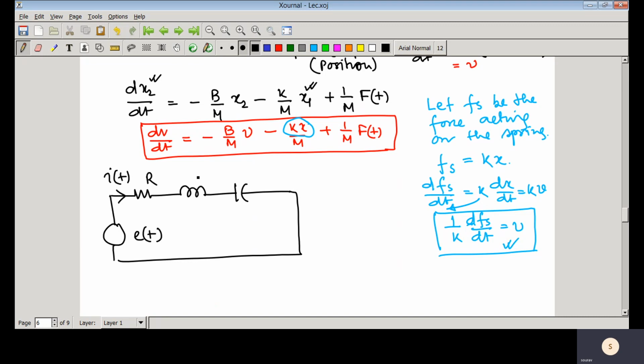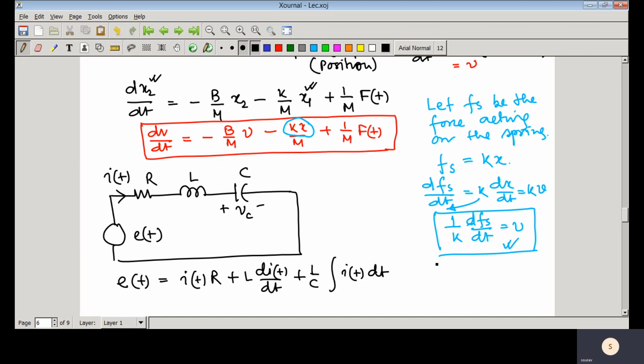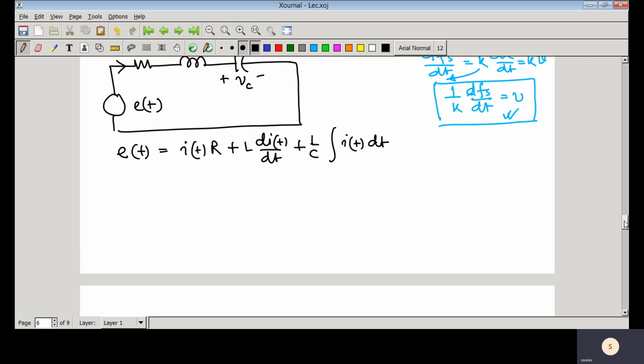Here you have that R, L and C, and the voltage across that capacitor is Vc. So if you write the KVL, then you can write E(t) equal to i(t) into R plus L di(t)/dt plus 1/C integration of i(t) dt. So then what you can see